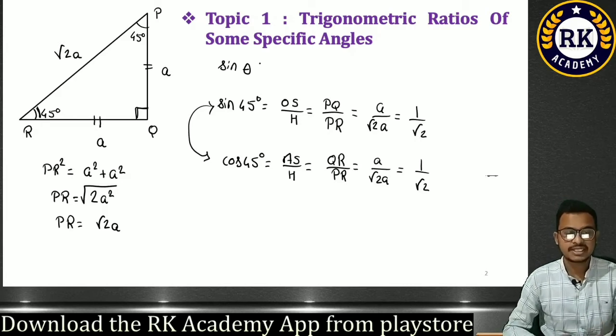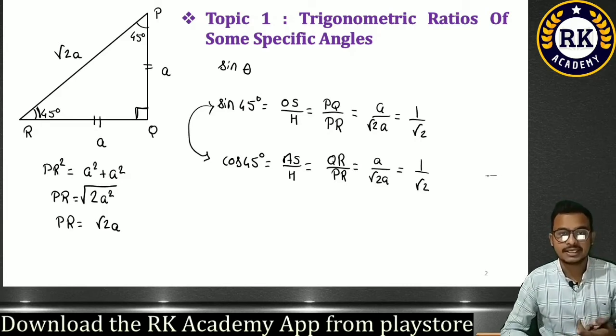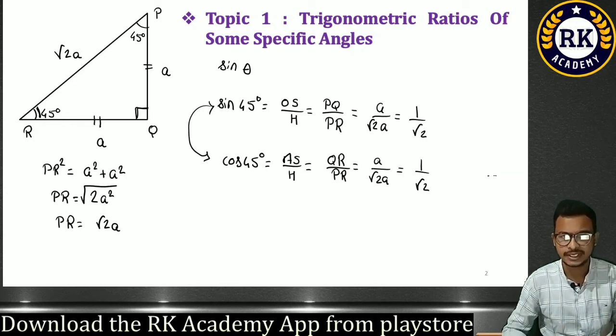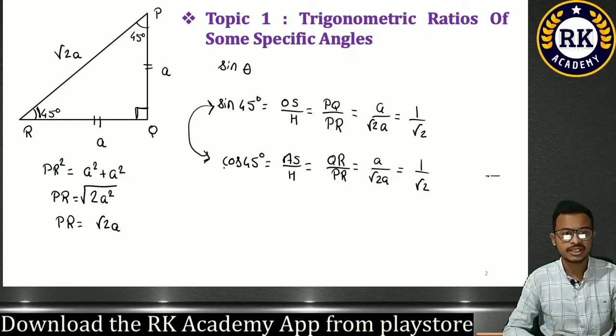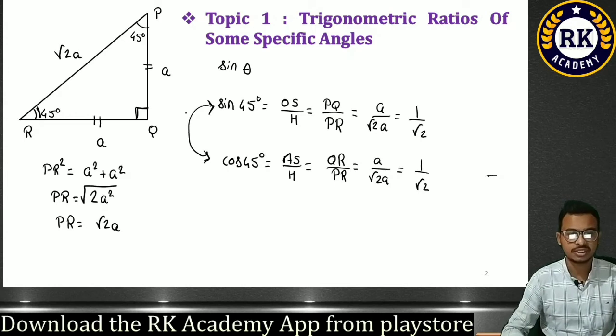In the same way I can find sin 0, sin 90, sin 30. There is a long way to learn this. This was a simple example where we have derived the value. We can find it for everything: 60, 30, 70. Right now I will not go into details because in short I have to explain this, and we'll have some other day to go into detail on how these values have come.